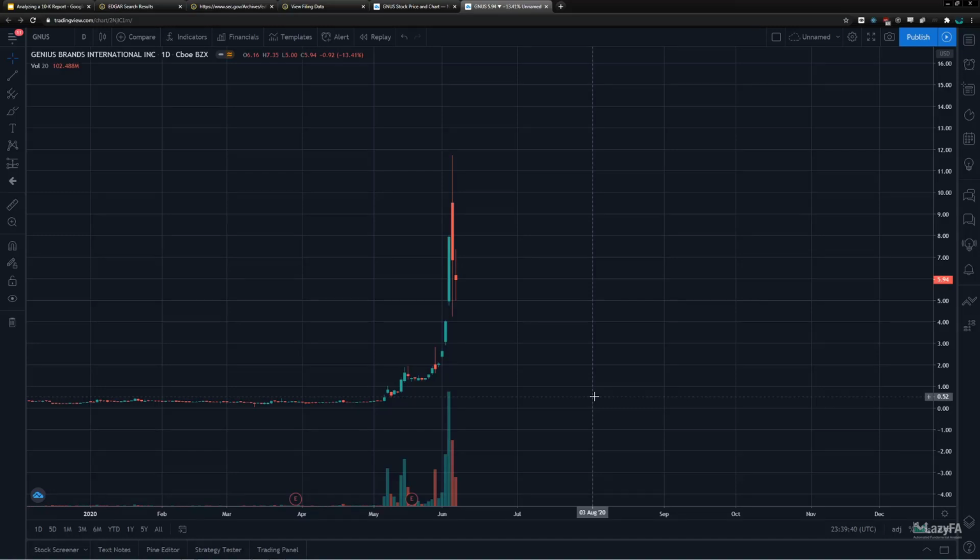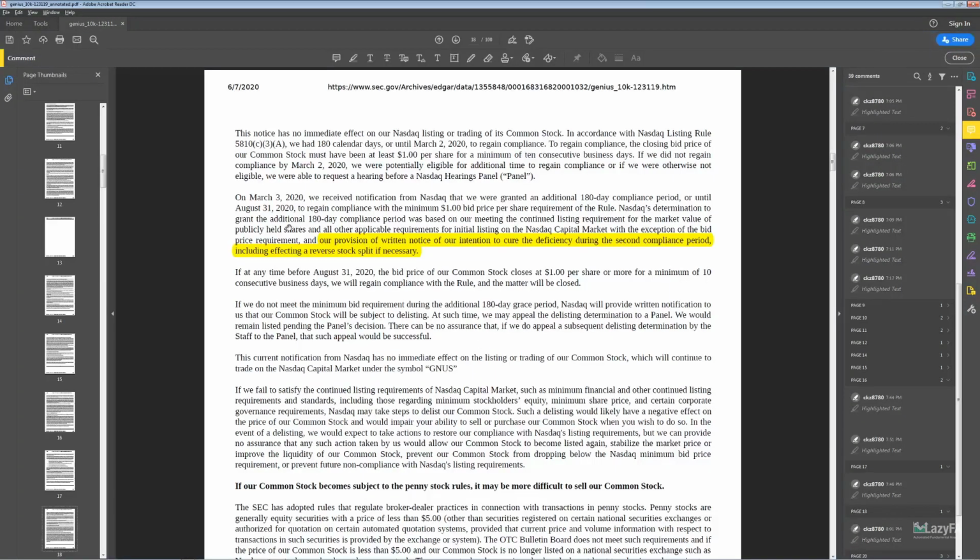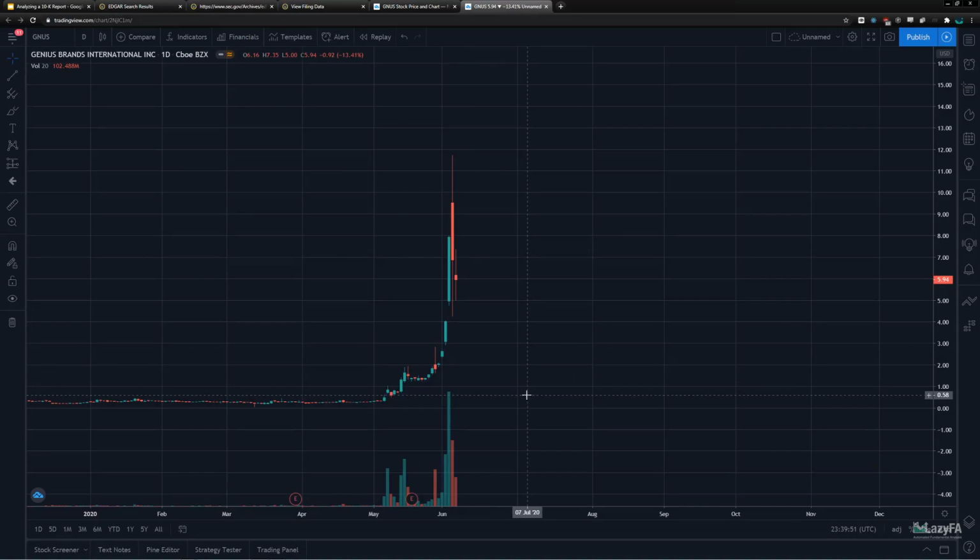So one of the ways that companies will avoid that is if it's getting close to that compliance period and they can't extend it because they've already extended it once, then they'll do a reverse stock split in order to push the stock from, say, 75 cents to $7.50, right? So they do a 1-for-10 reverse split in order to consolidate the shares, push the stock up to $7.50, but it's really worth the same amount, and then it can go all the way back